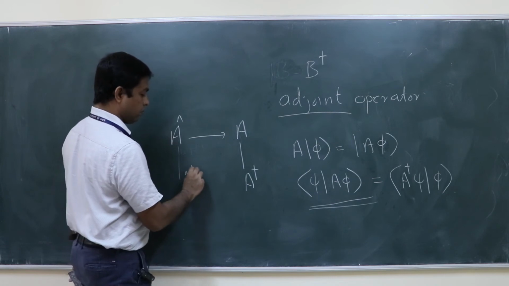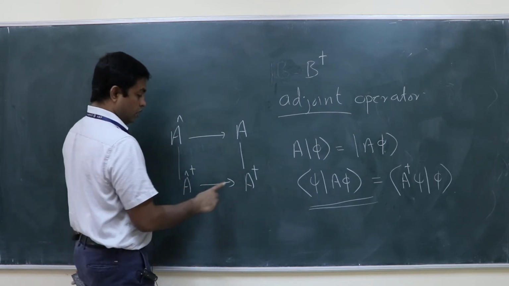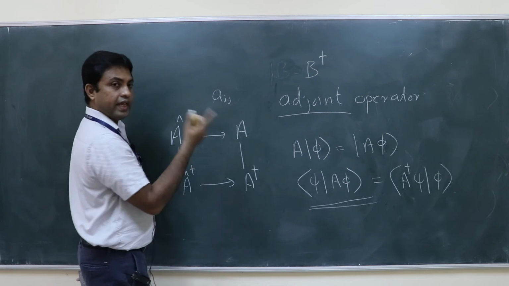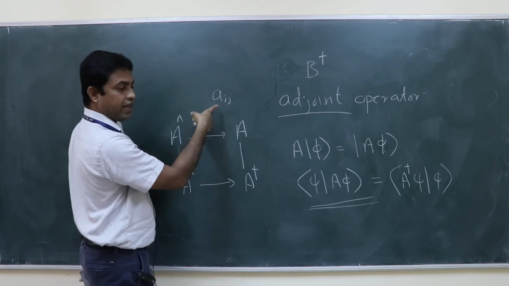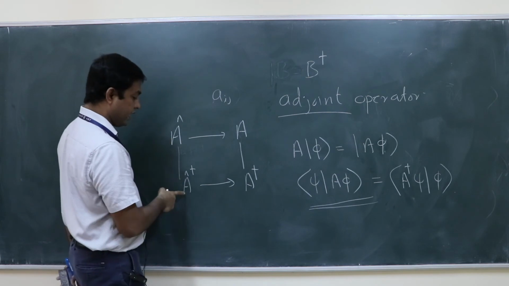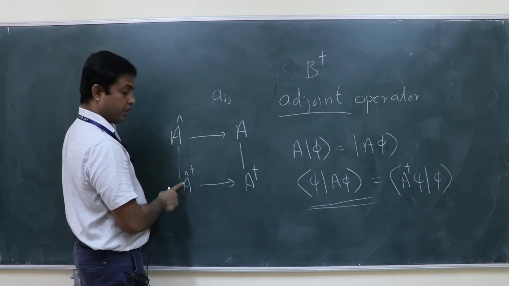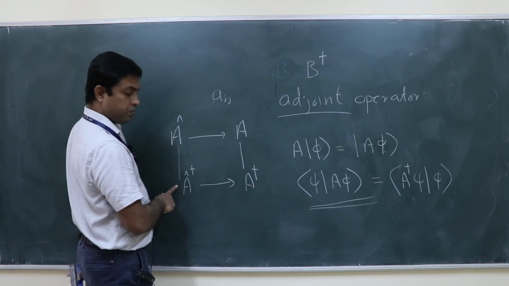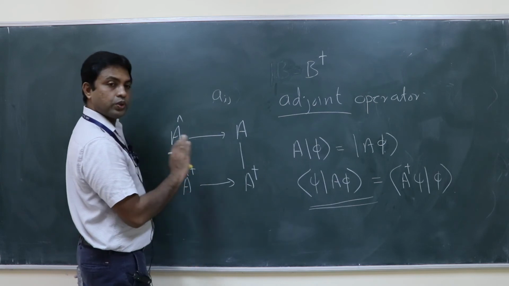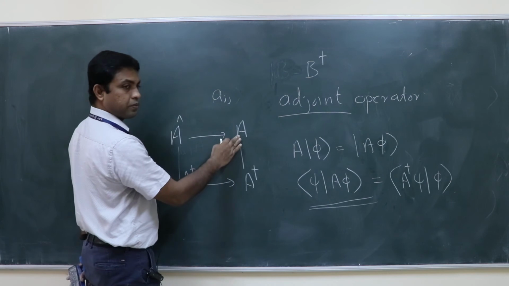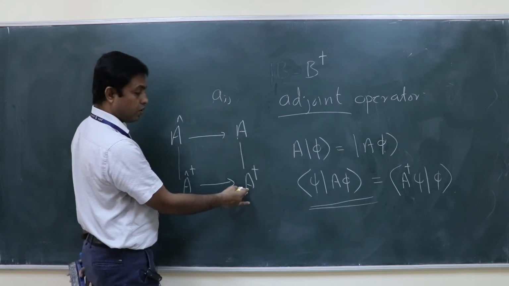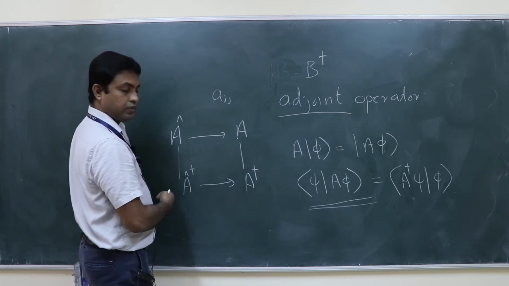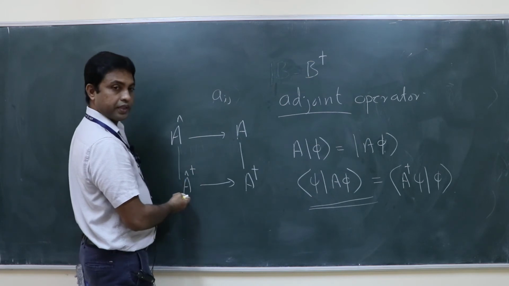For finite dimensional vector spaces, you find the corresponding matrix representation for that particular operator, then find its adjoint matrix. The adjoint matrix is the complex conjugate transpose. So if there is an operator A with a matrix representation, you find A dagger, which is the complex conjugate transpose of that matrix, and that will be the matrix representation of the adjoint operator. As we said in one of the earlier classes, once I have the components of a matrix, I can write it in operator form, and then I get the dagger. So for finite dimension there is no issue. You find its matrix representation in some basis, take the complex conjugate transpose, and write that in operator form to get the adjoint operator.